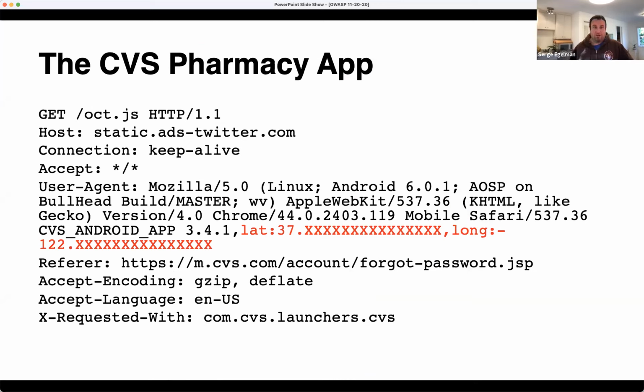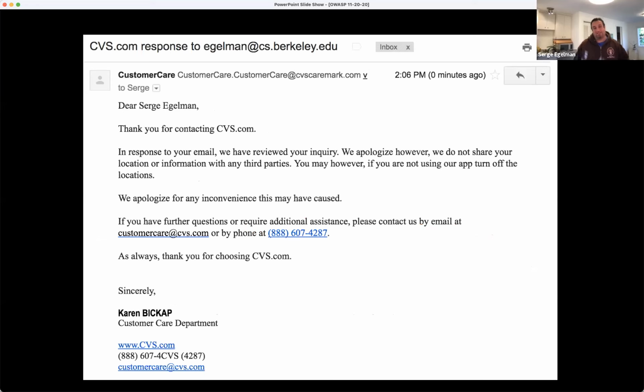And the user agent string, whoever wrote this was putting the location coordinates into the user agent string, which means that any third-party content that appeared on those websites, those third parties were also receiving the user agent string in the headers. And so location data really was going to all of them, though it's likely they weren't expecting it.